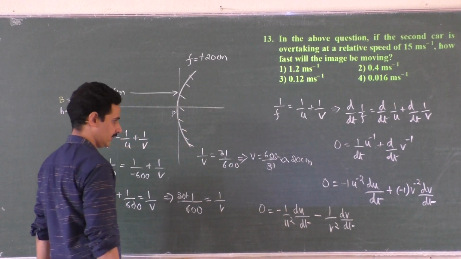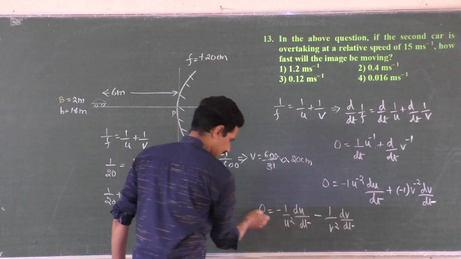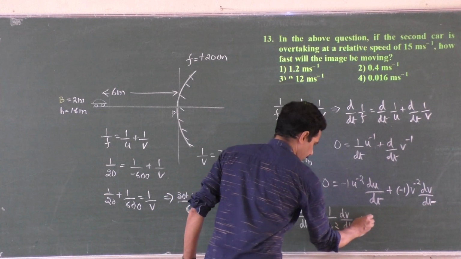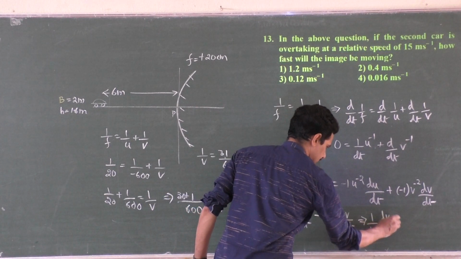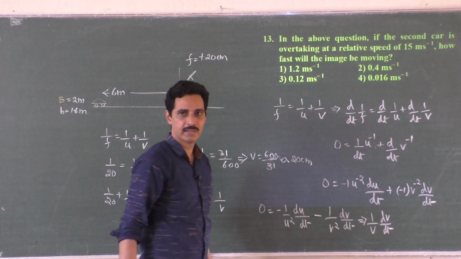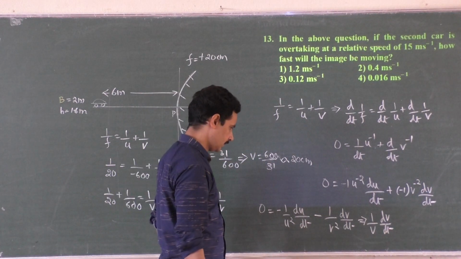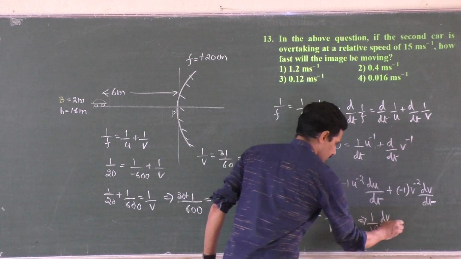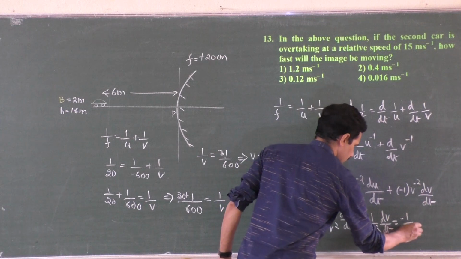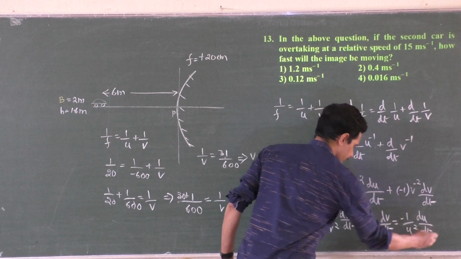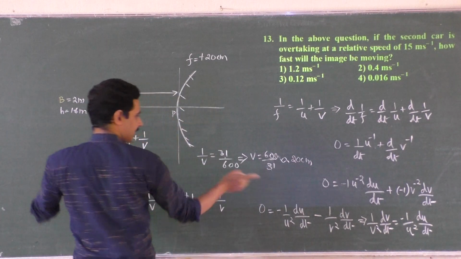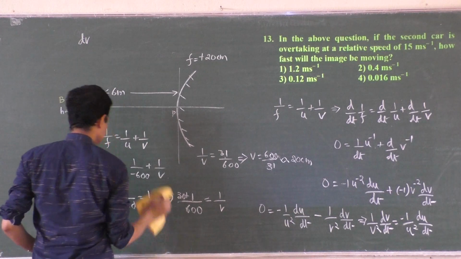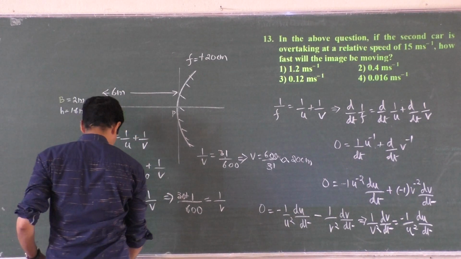So rearrange it. What you can do now, when you rearrange it, you bring this here, and we want image velocity, isn't it? That implies plus 1 by v square dv by dt is equal to minus 1 by u square du by dt. So why the minus sign, sir? dv by dt, I will shift it here, dv by dt, velocity of the image. Shall I write it like this? Image velocity